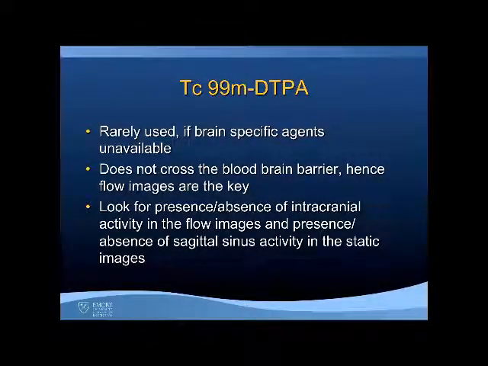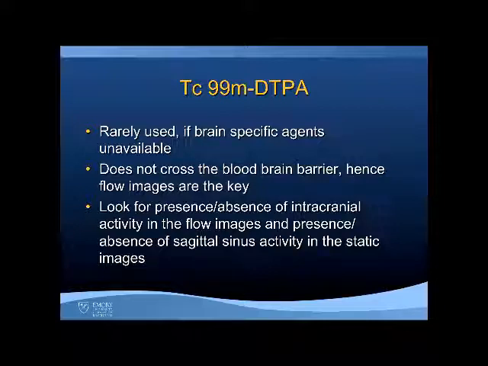In the beginning of my presentation, I talked about brain specific and non-specific agents. So technetium-99m DTPA is a non-specific agent that does not cross the blood-brain barrier. Hence, flow images are the key in the interpretation when we are using DTPA as the agent. We have to look for presence or absence of intracranial activity in the flow images, and again, presence or absence of sagittal sinus activity in the sagittal images. Since this is a radiopharmaceutical that is rarely used,